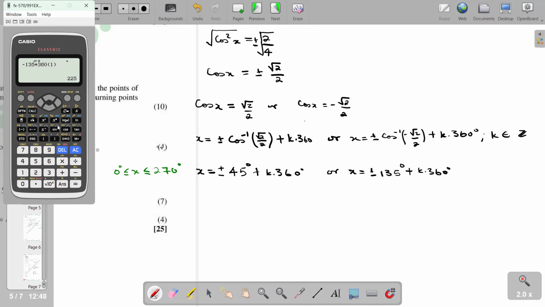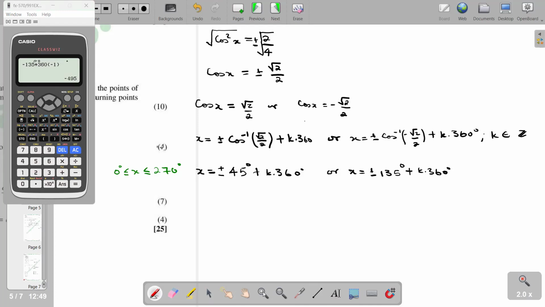Let us go and check. If we substitute 0, it's outside the range of this given. Then let us substitute -1. We are getting 495, which is outside. So our answers, which are within the range, we found our answers,